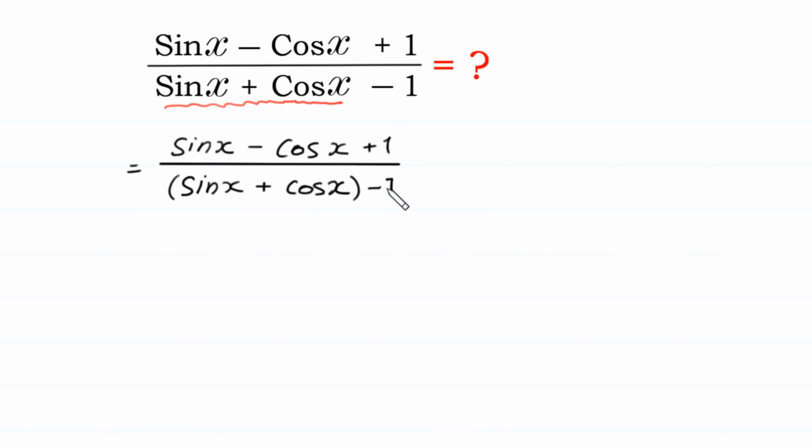We get the conjugate of this expression by changing this negative sign into positive sign. We multiply this expression by the conjugate of this denominator, sin of x plus cos of x. We change this negative sign into positive sign 1,